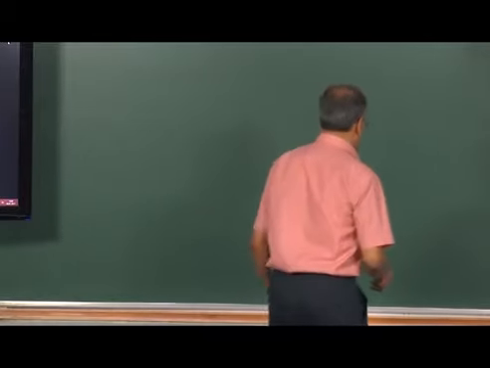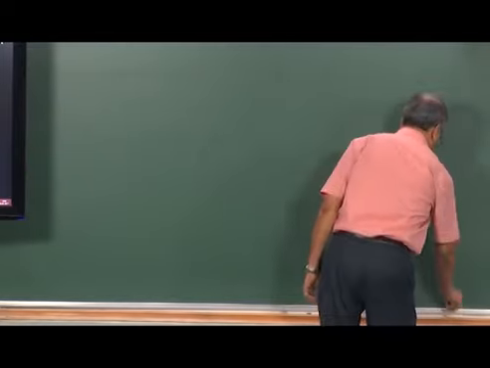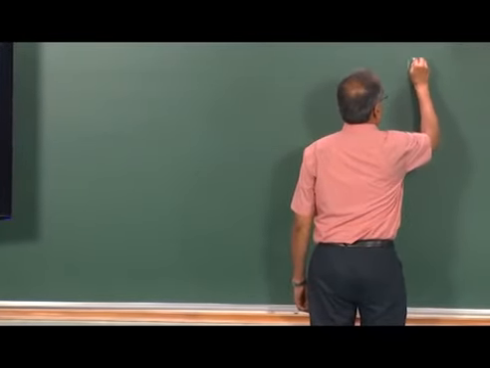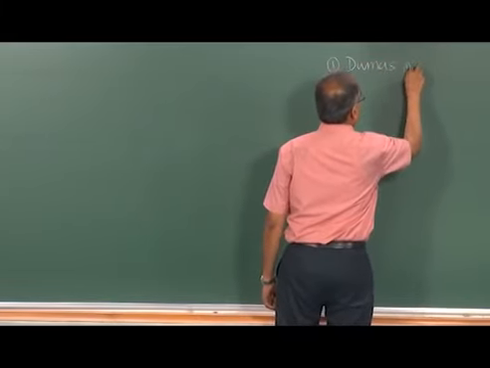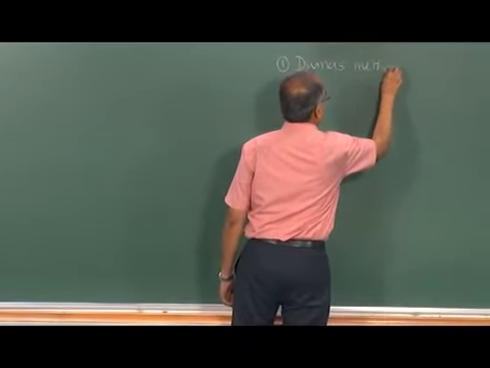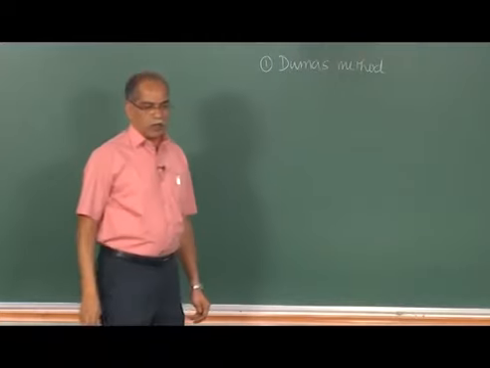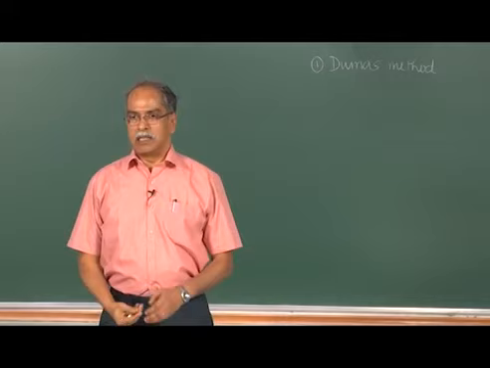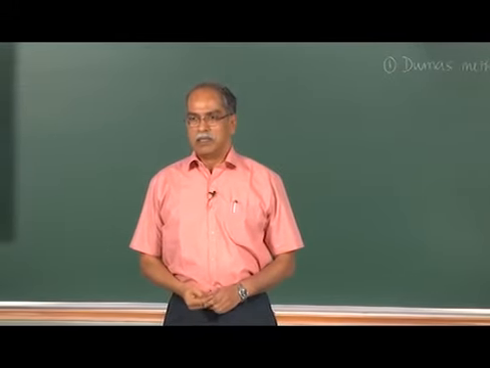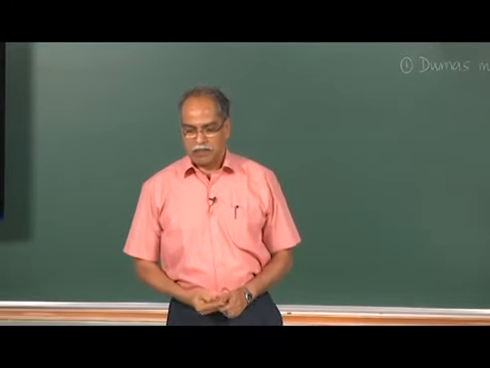There are two methodologies that are used for the estimation of nitrogen. The first methodology is known as Dumas method. In this particular methodology, the organic compound containing nitrogen is treated with copper oxide and copper. In the process of